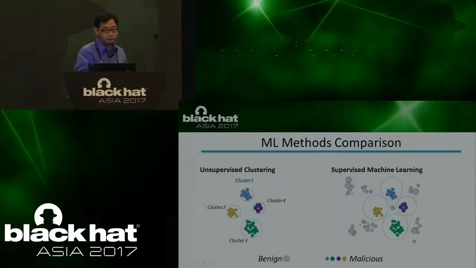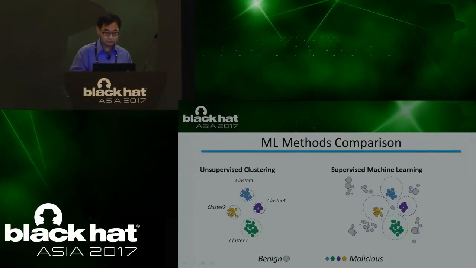For our purpose, we compared: the left panel is unsupervised and the right panel is supervised. For unsupervised, we don't need benign samples, we just need positive black samples. For supervised, we need both. Actually, we need a very good sample for the white, because otherwise you won't get a good model. The supervised method tries to find a difference. It draws a line to separate 2 families. But the unsupervised method tries to find the similarity. It finds the common things and puts them together.